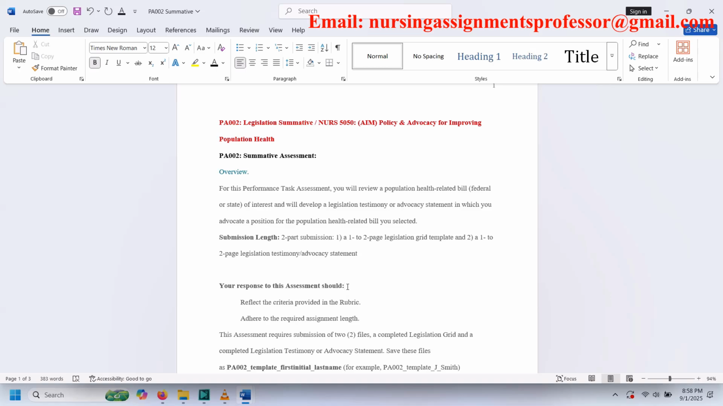PA002, Legislation Summative NURS 5050, Policy and Advocacy for Improving Population Health. PA002, Summative Assessment Overview. For this performance task assessment, you will review a population health-related bill of interest and will